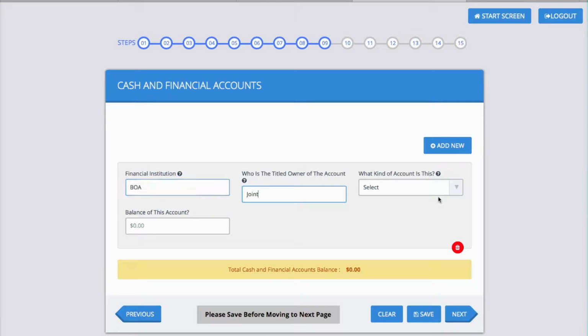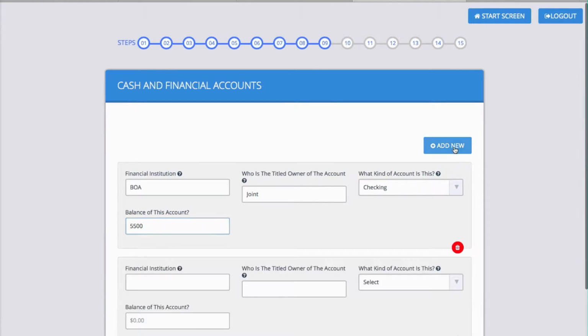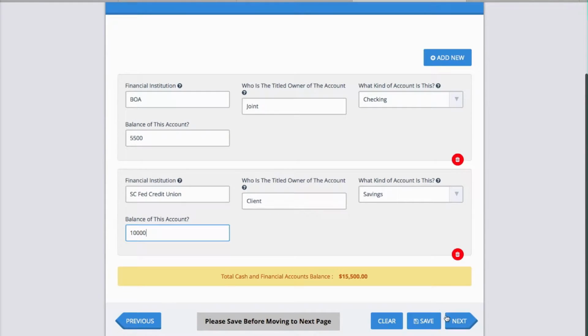Let's say that there's a checking account with $5,500, and there's also a SC Federal Credit Union account that is in the client's name only. It is a savings account, and there's $10,000 in that. Let's save that, and let's look at